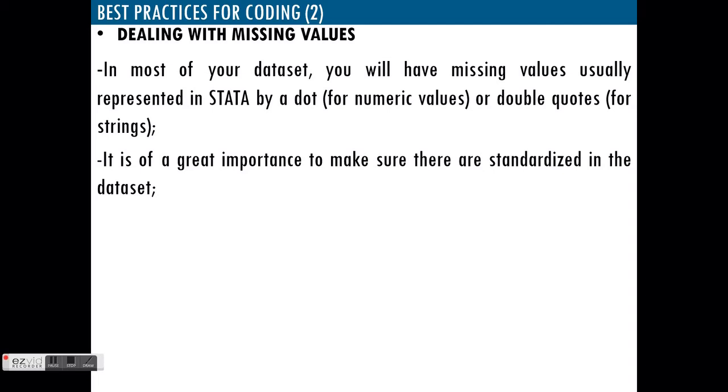So you should be able to know that for some variables the missing value can be different. For instance, depending on the size of the variable, the way the missing value is represented can be different. So it's very important for you to be able to standardize the data set in such a way that you put the dot everywhere for each of the variables, but also clearly underline the rule that you use to consider a specific value in a data set as missing,